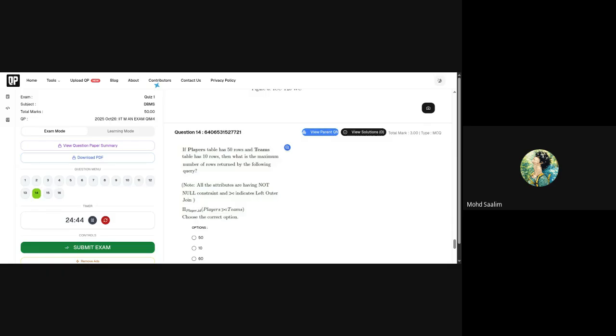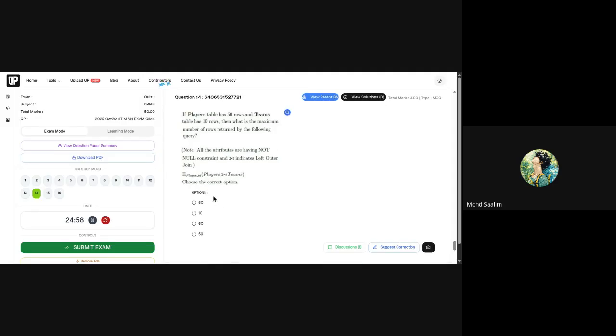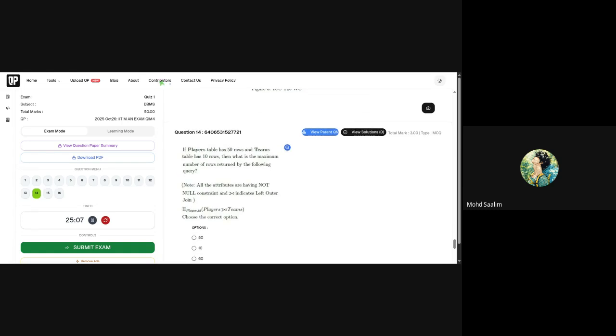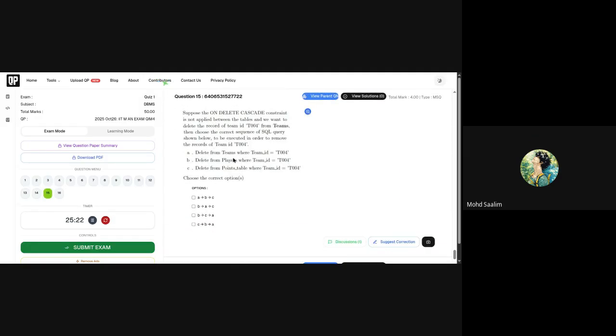By the way, these types of questions are also kind of common, right? Especially the outer join. In Discourse, also someone tagged me, and I answered a very similar question. Finding out the minimum number of rows and maximum number of rows in outer join kind of scenarios. Sometimes it also asks natural join. For that, you need good knowledge of joins. Don't worry, currently we are just collecting the patterns. We will cover all of them.